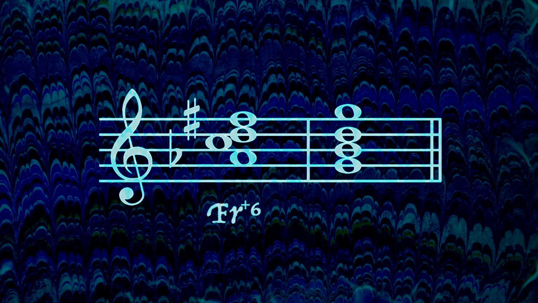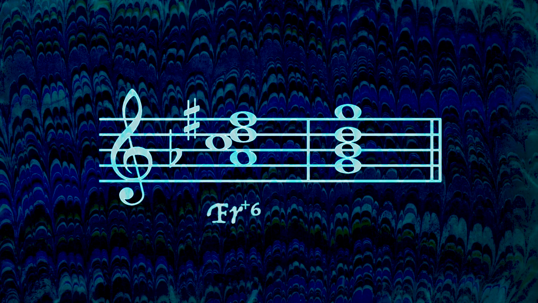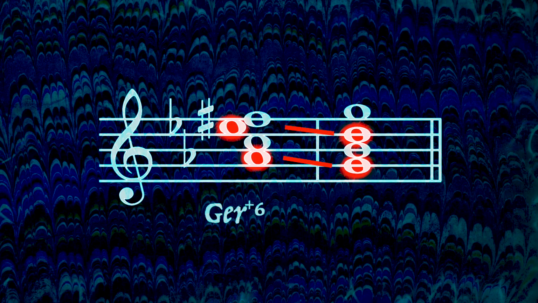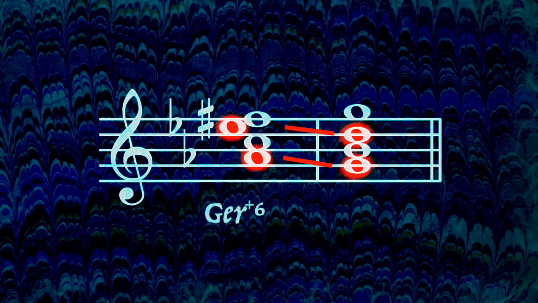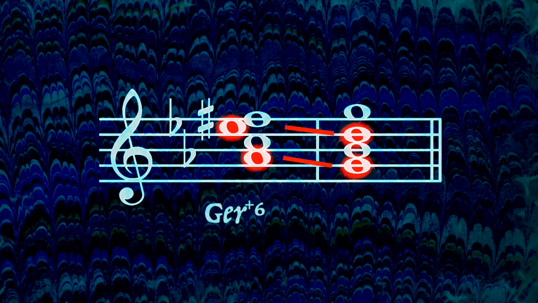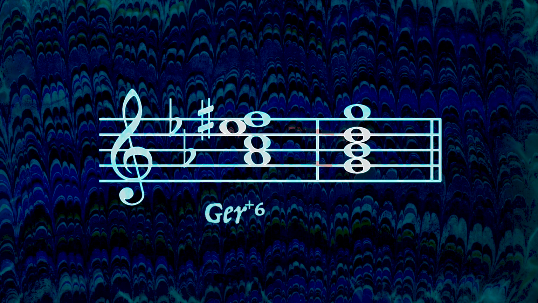But the question is why? Some will propose that the French sixth exists in order to solve the issue of parallel fifths that are present if a German sixth built on an A flat were to resolve to a G major triad. But while this is an adequate reason, it is only part of the story, as the question remains as to